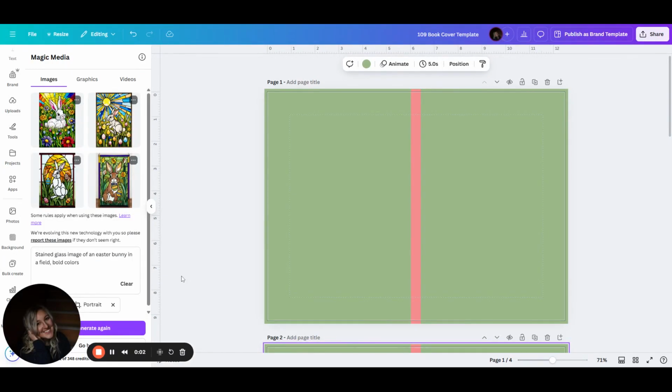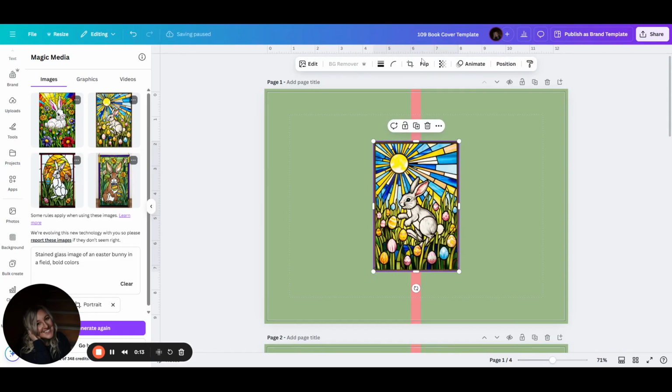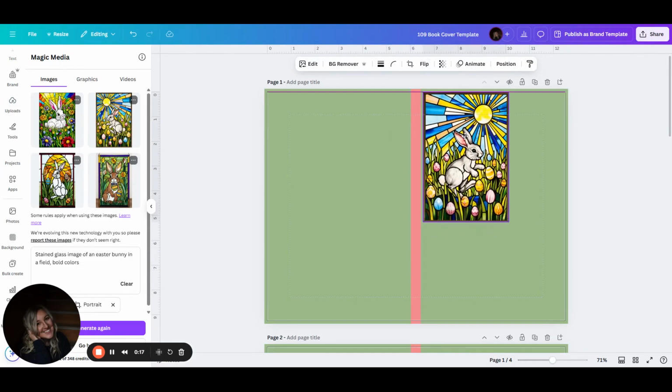Okay, so I'm always blown away by how beautiful these are. My job now as a self-publisher is to also customize this to make it my own as much as possible. So I will take out the background when it makes sense. I will do different stuff